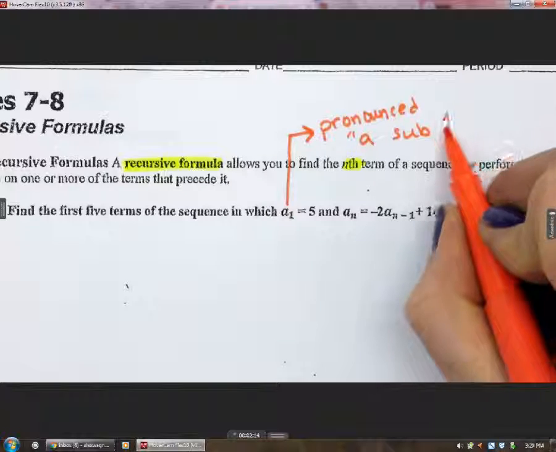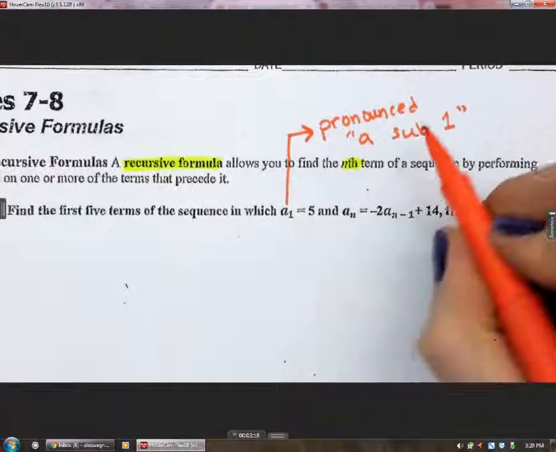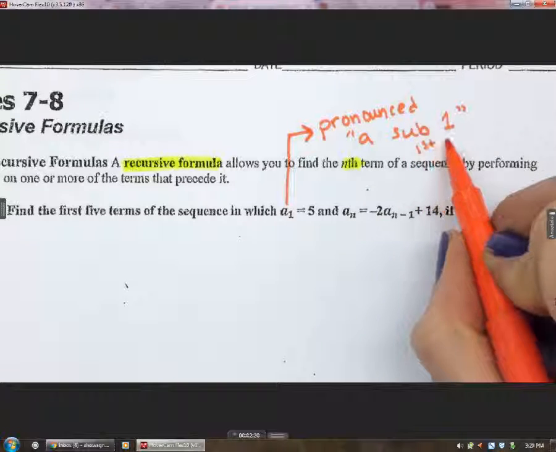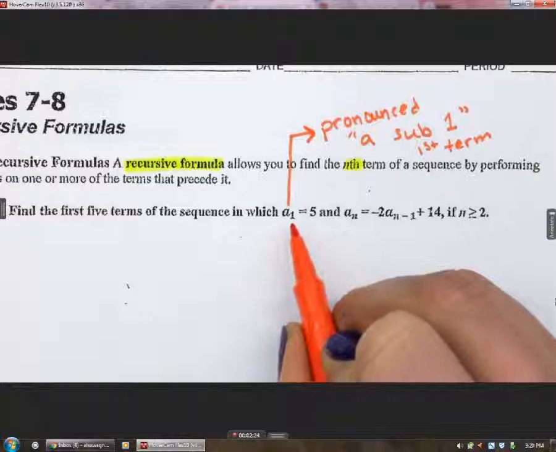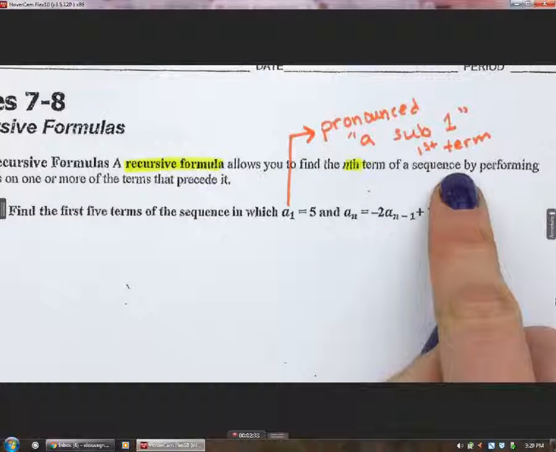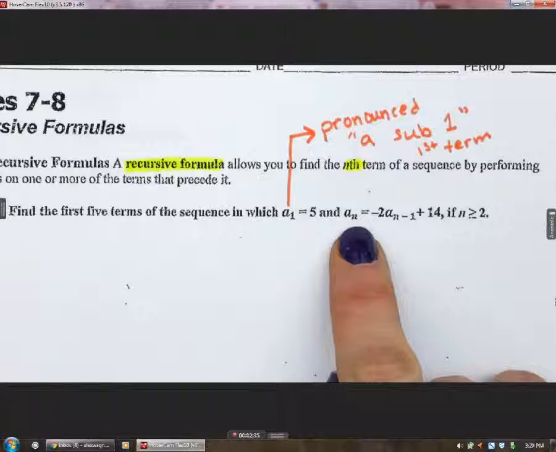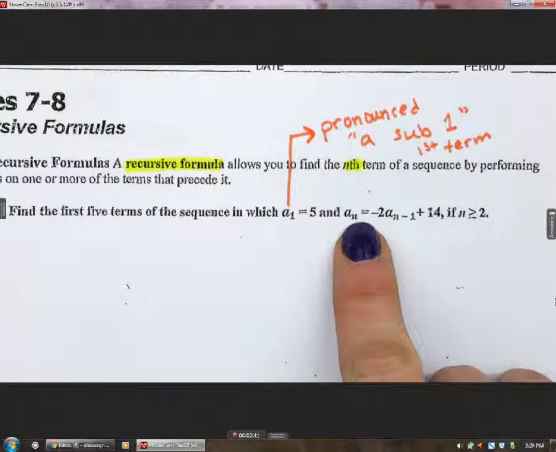So that means that it is the first term, because it's a 1. If it was a 2, a little 2 down there, it would be A sub 2, and it would be the second term. So A sub 1 is the first term. This right here is A sub, not 1, what's down there? An n, A sub n,